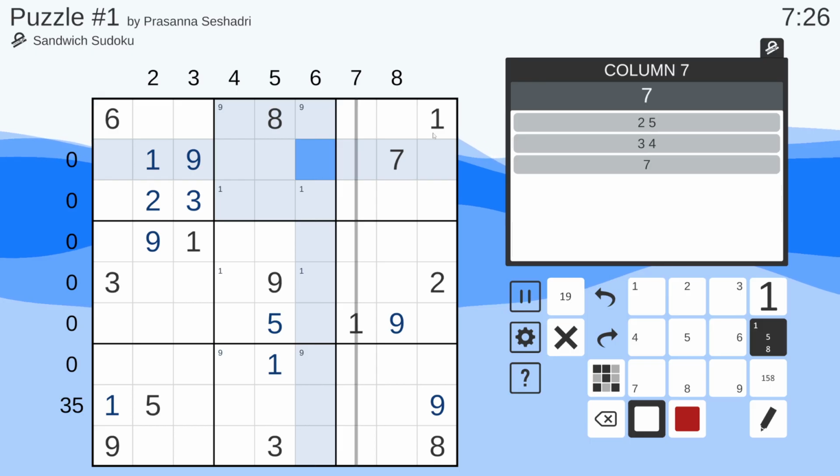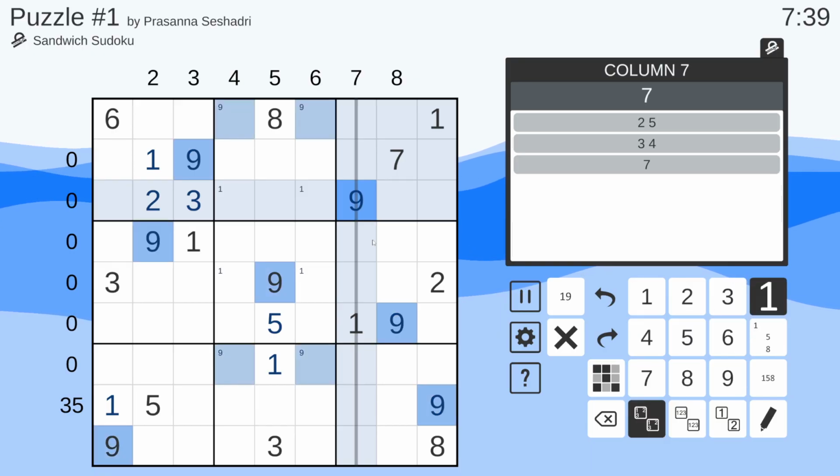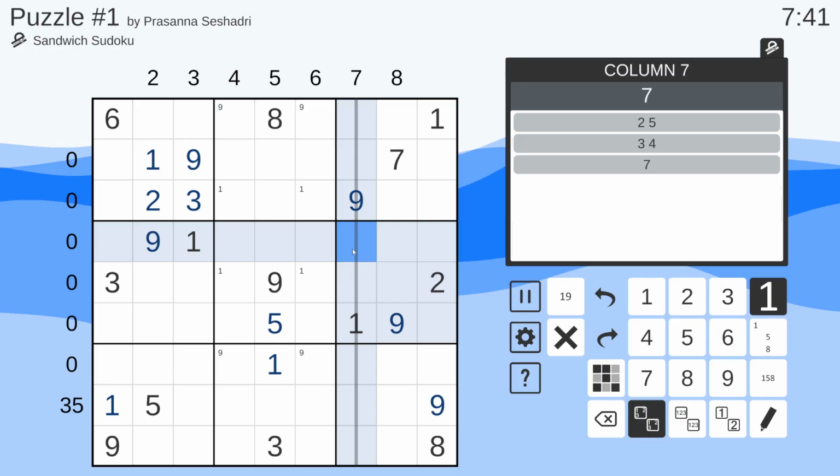Okay. 1. Okay, so where does the 9 go in this box? Goes here, or it goes here. We know where 9 is. So this is now